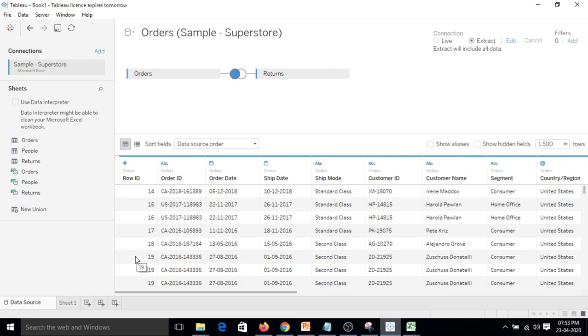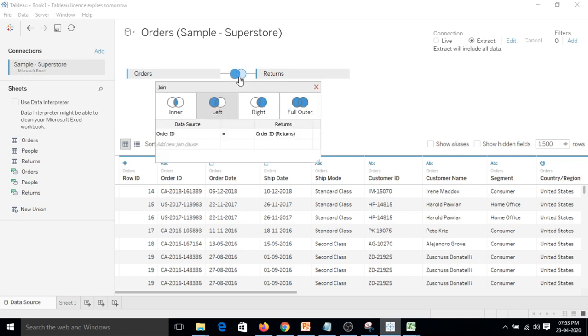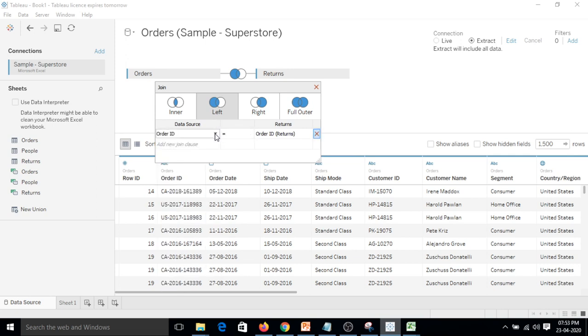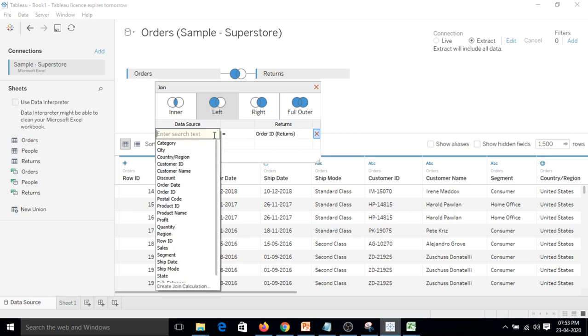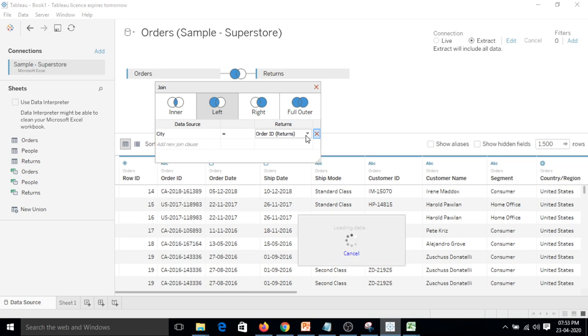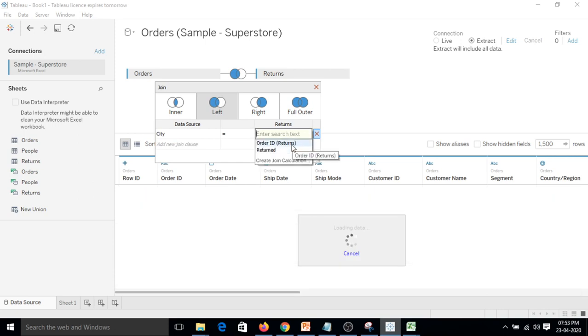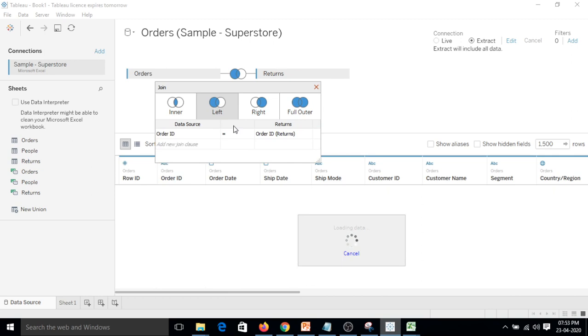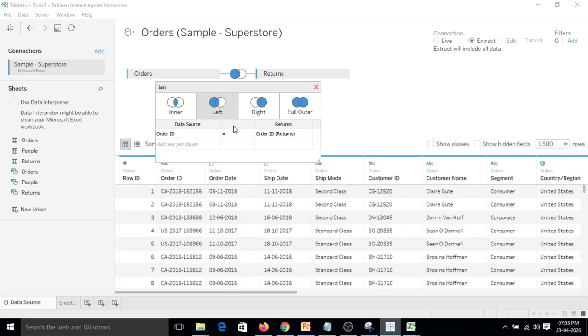So this is how we can join multiple tables on Tableau, and you can play with different types of join, which are inner, left, right and full outer. And you can also change primary keys of it. Since we just have order ID for now, that's why it has automatically picked the best primary key that is there on which it can be joined. But you can choose other options like city, but it cannot be joined to order ID. That's why it is not preferred. So yes, there are different options to join it. So let's click on order ID. So this is all about joins in Tableau.